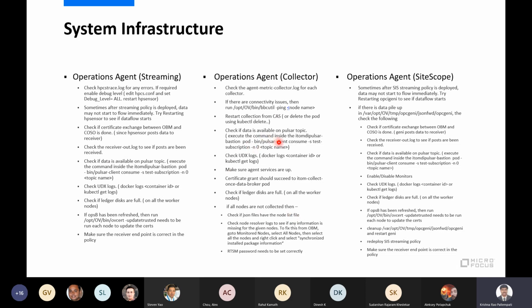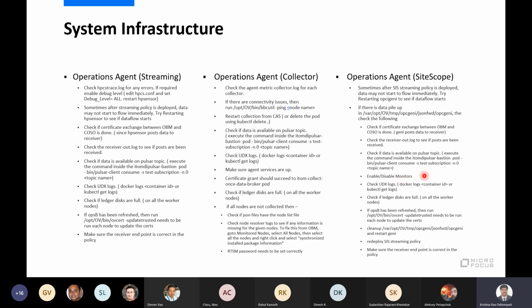So this is the collector, and for SiteScope, again this is the SiteScope level debug which we need to do, and from there again the certificate, and SiteScope always pushes via the receiver. So we'll see the receiver logs, and in SiteScope specifically we'll see whether the relevant monitors are enabled or disabled.